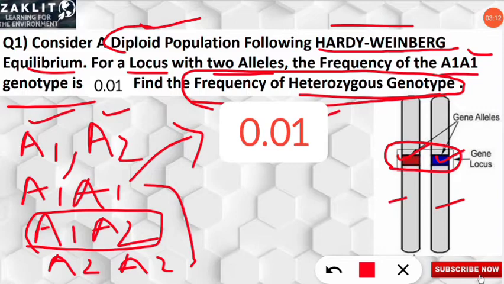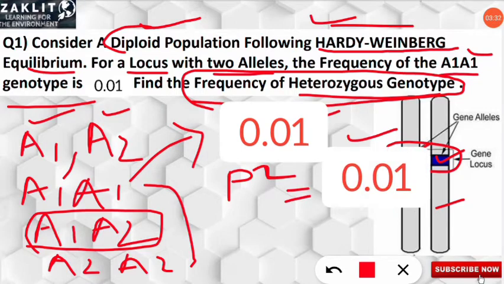So for that, from here we will take, as this is given for the homozygous one, that is A1 is given 0.01. That means it is telling that, let us assume it is homozygous dominant. So P square denotes the homozygous dominant as per the Hardy-Weinberg, we all know. So let us say P square is given as 0.01. So from here we got P square, and now we'll find the P. So P will be how much? P will be the square root of 0.01. So that will be equal to 0.1. So from here we will get 0.1.